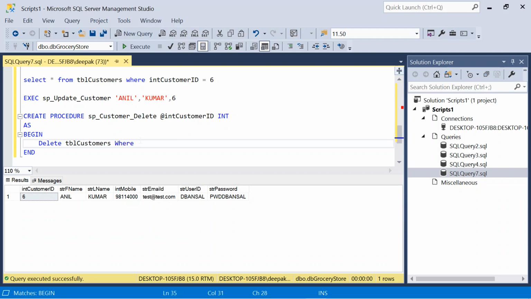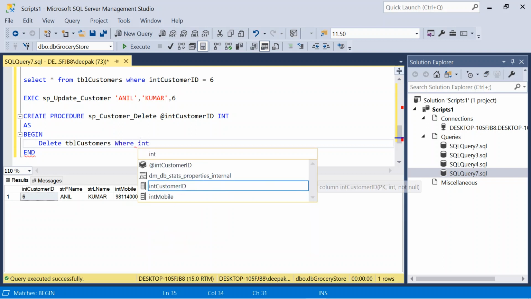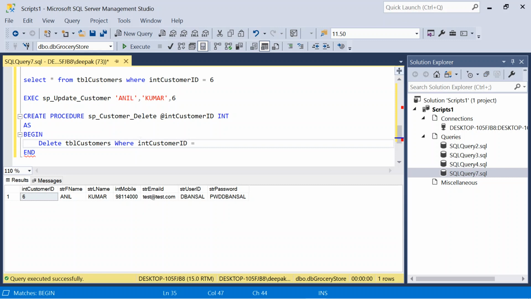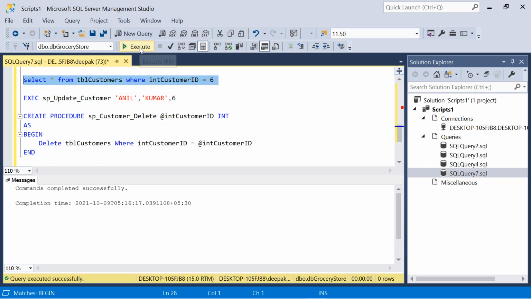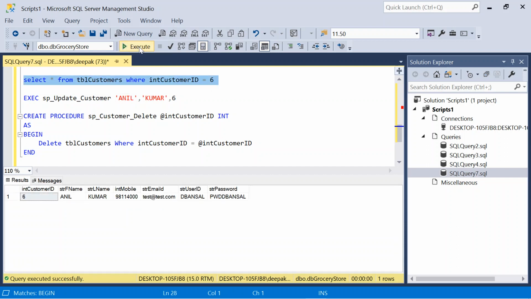Delete customer where customer ID equal to the value of parameter we passed customer ID, right? That's it. Here we go. So we have record for the customer ID 6.